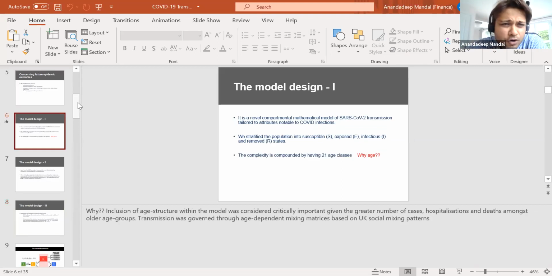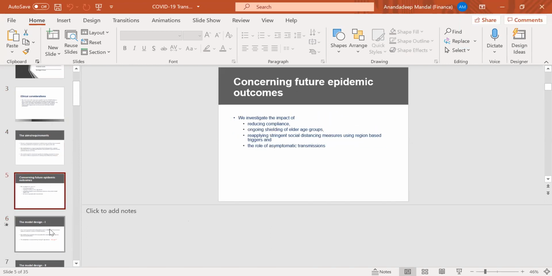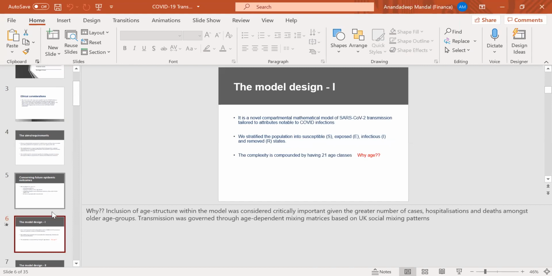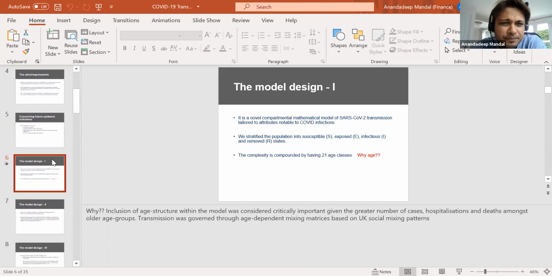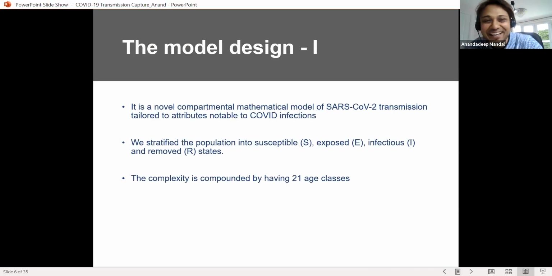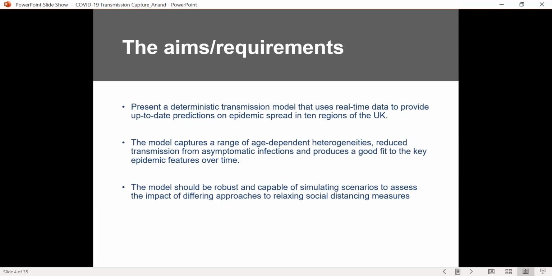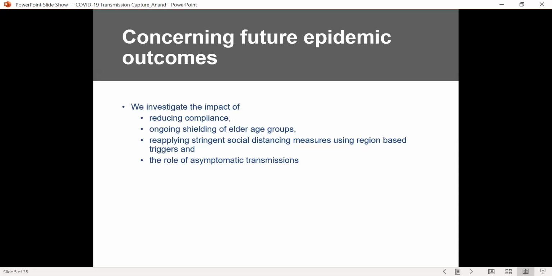Till what point could you hear me? To be honest, I couldn't hear you from the model part, when you were showing the framework of the model. Model design, you heard it, right? Not yet, not really. That was the beginning where it stopped. Okay. That was covered. Can you hear me now? Yes, we can. Perfect. Sorry, it's the UK Wi-Fi.